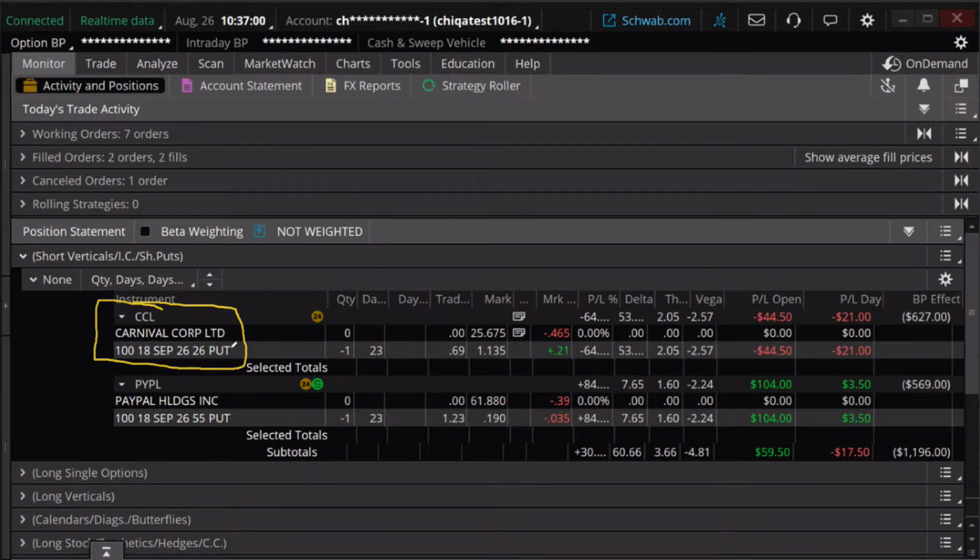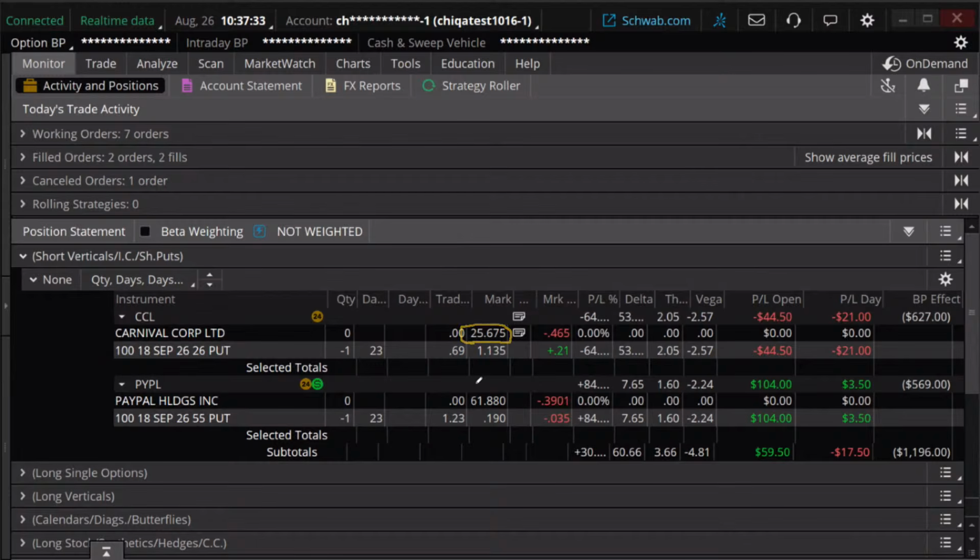On our wheel strategy trade, in other words, we're selling a put, and we're saying when we sell that put, it's okay if we buy the stock, because we're going to turn around and sell a covered call on it. But the first step is you sell the put, which we did, and if the stock stays above the strike price, which is 26, and it's not, we're below it right now.